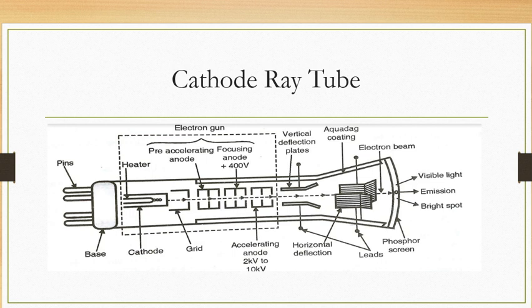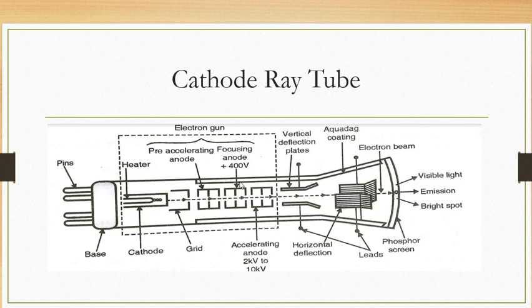The focusing anode is used to compensate for the repulsive forces, that is, it is used to focus the electron beam again. The name suggests its working: it is used for focus. And the focusing anode is cylindrical again and has a hole in the center. Now let's talk about the voltages which are applied to the pre-accelerating anode and accelerating anode.